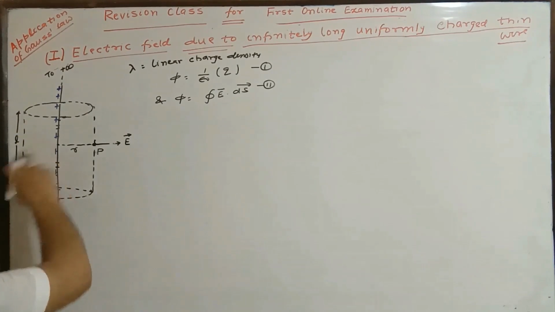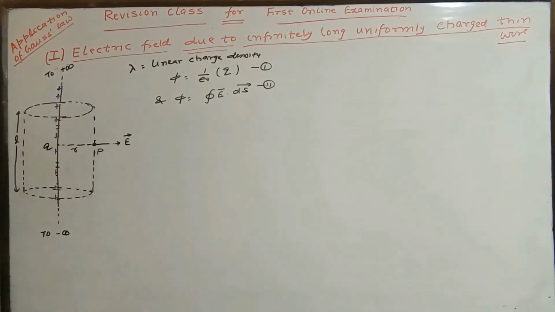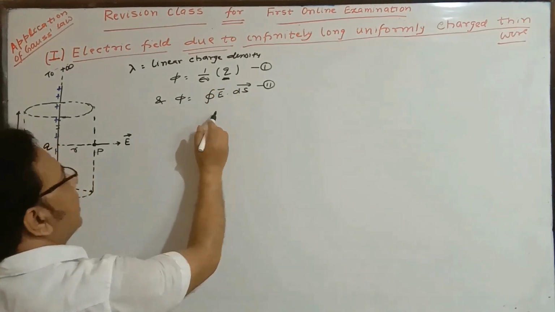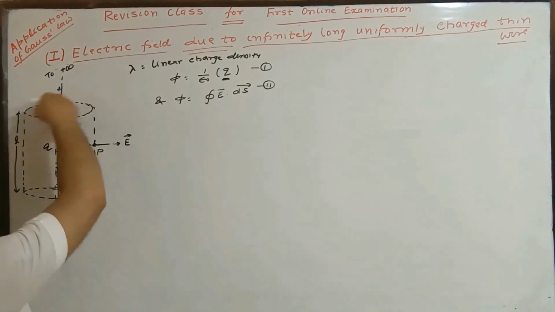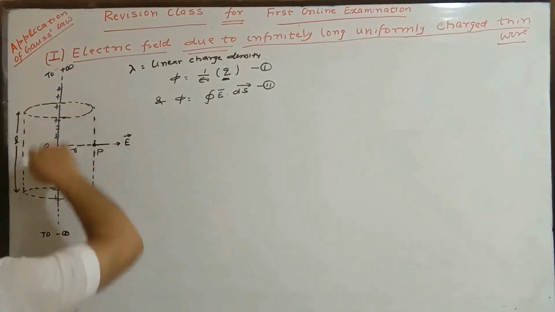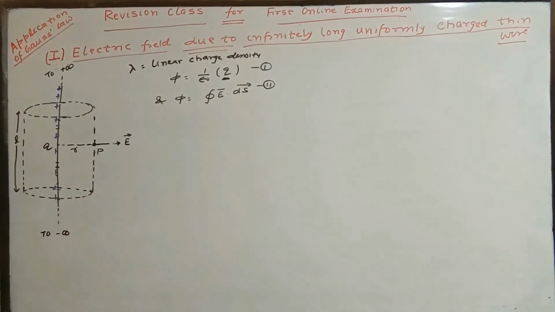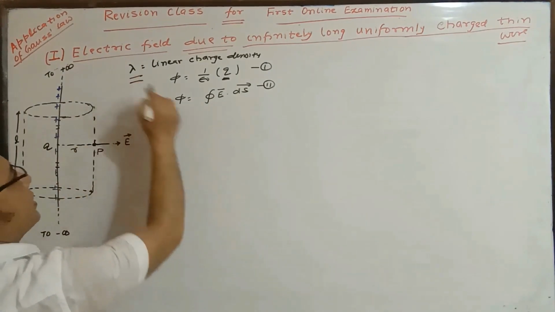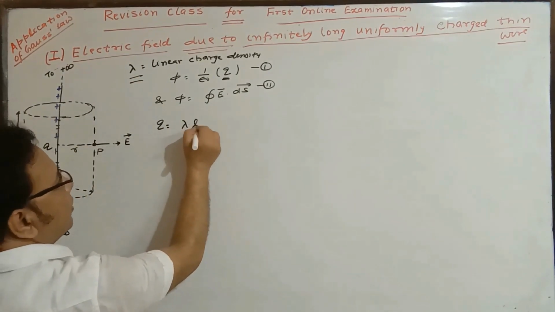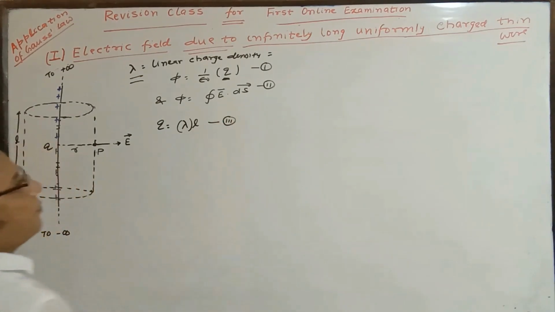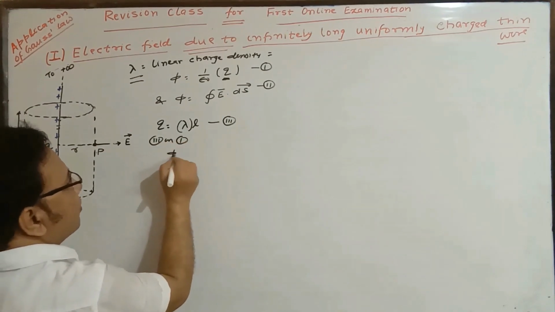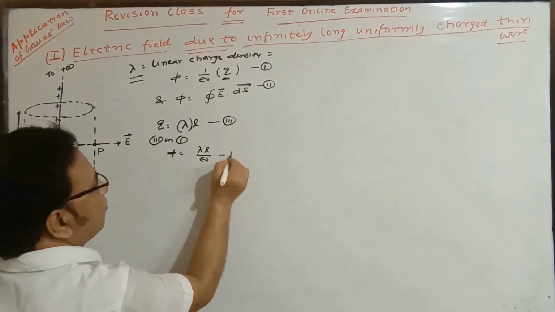We have to find out the charge enclosed in this assumed Gaussian cylinder, and that charge value will be placed here. Then we find the flux due to the electric field at all the surfaces, and then we equate. So first, charge enclosed. What is Q enclosed? Here lambda is the linear charge density, so Q enclosed is equal to lambda into L. This is equation number 3. So from 3 in 1 we have phi equal to lambda L by epsilon naught. This is equation 4.